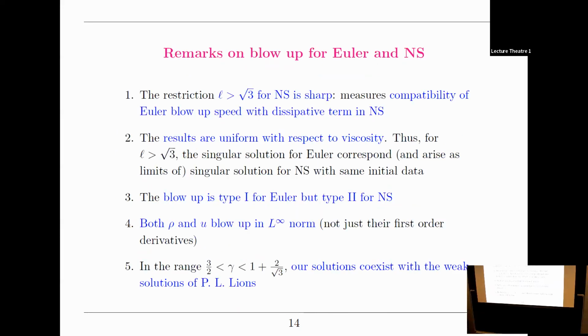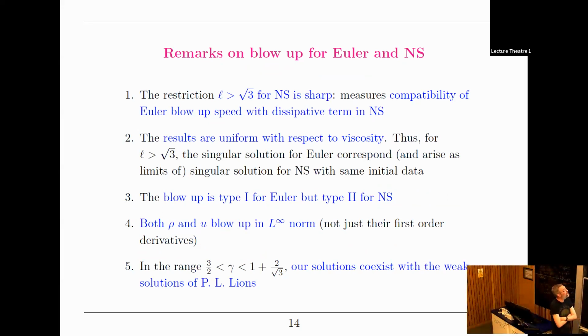Okay, so again, a couple of remarks. First of all, what is this restriction L strictly larger than square root of 3? This is exactly as for NLS. This is a sharp restriction. You need this to make sure that the Eulerian regime becomes dominant. If you write it carefully, you will see that this is exactly necessary if you want Euler to dominate. So if you want to be able to choose this R_k to be strictly larger than the Navier-Stokes scaling.